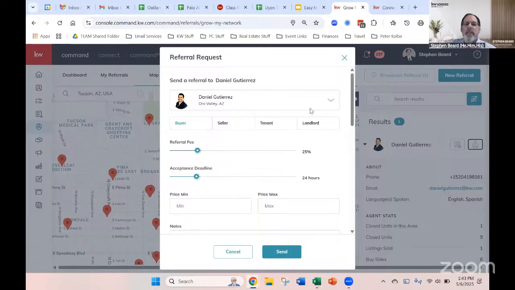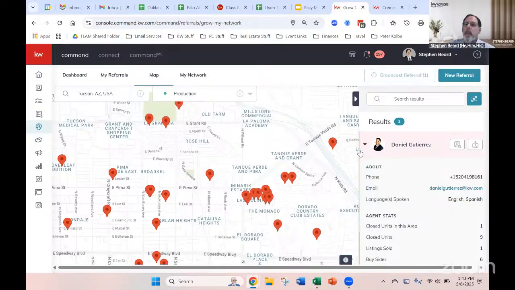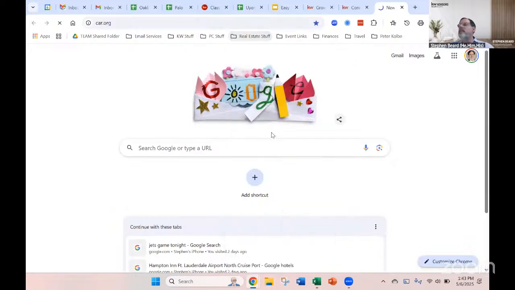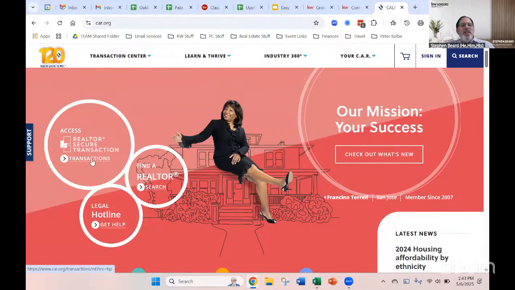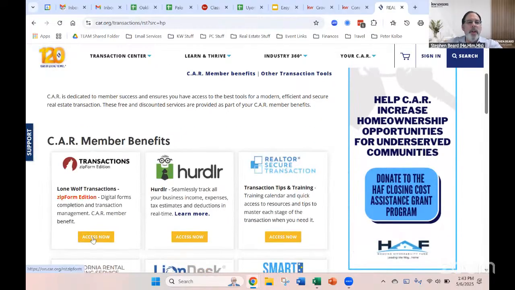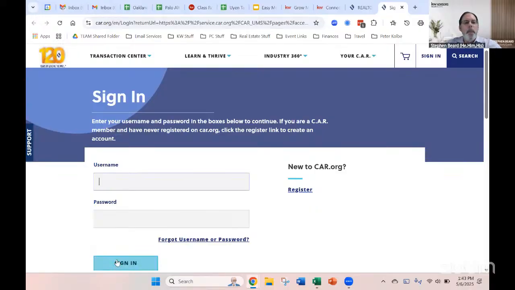I think. But other than this, we need to send referral fee agreement for signing, right? Yes. Once you are ready to send these people to your client, you're going to send them the referral agreement. Now, we didn't talk about it yet in this context, but we have a few minutes. Where do you get the referral paperwork? It's in Zip Forms. Thank you. So you go into Zip Forms. I'm going to go into my Zip Forms. Okay. Just so that we have a permanent record. This will be on the YouTube with the video forever. So if you go into your transaction library, I'm going to go into mine.